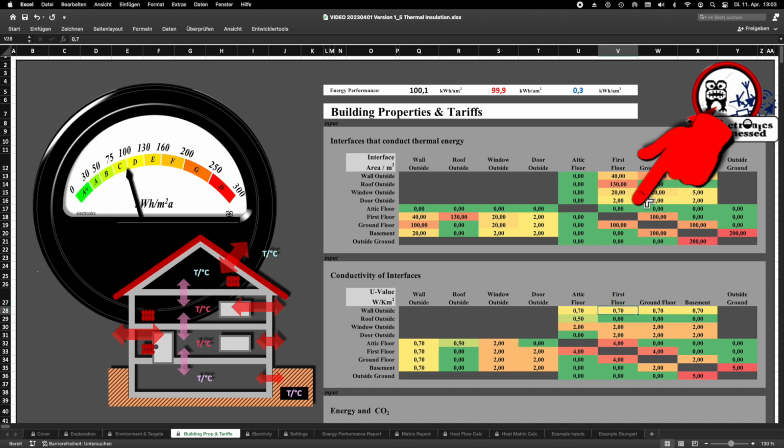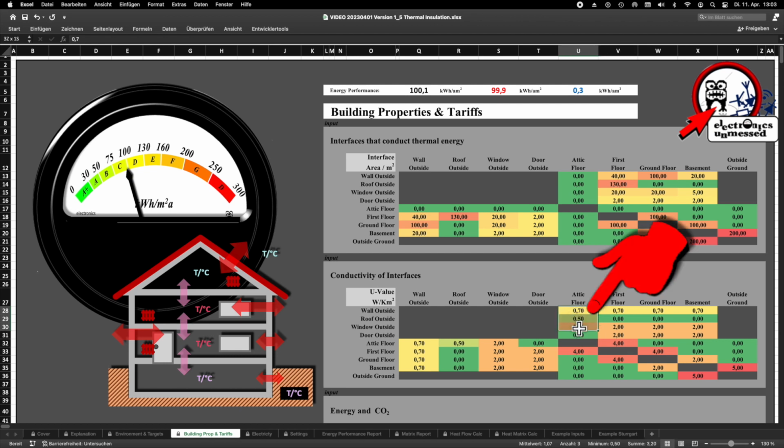We proceed the same way with the specific thermal conductivity values, which we have to enter in the lower matrix. Instead of the value 0, we also enter a very small value here. I took the value 0.0001 here as well.